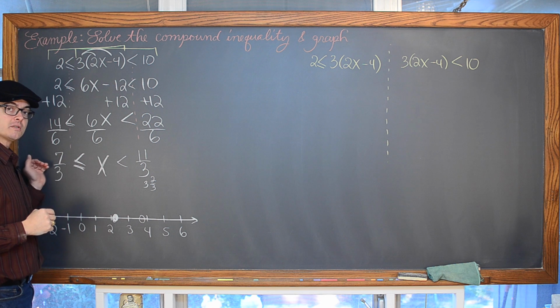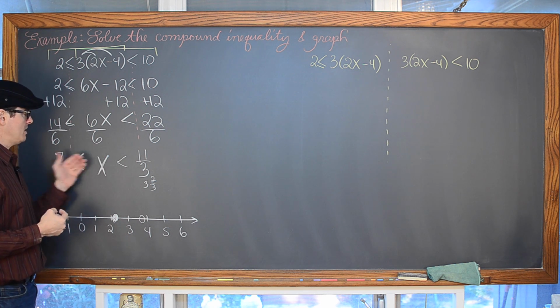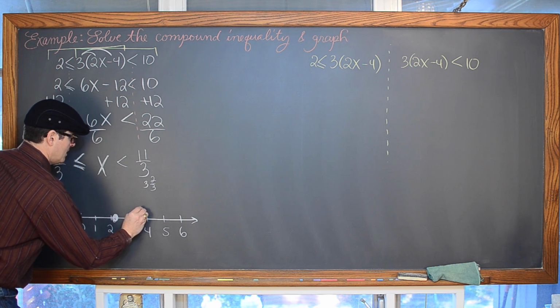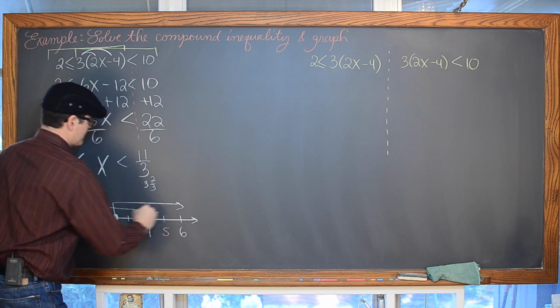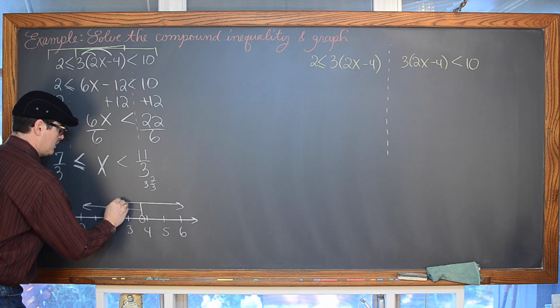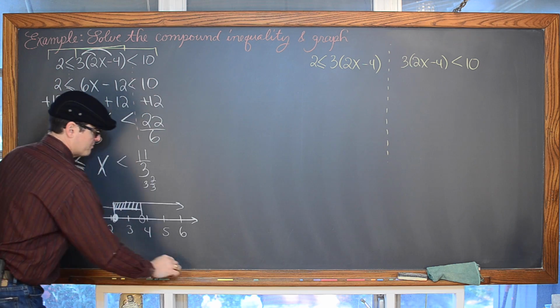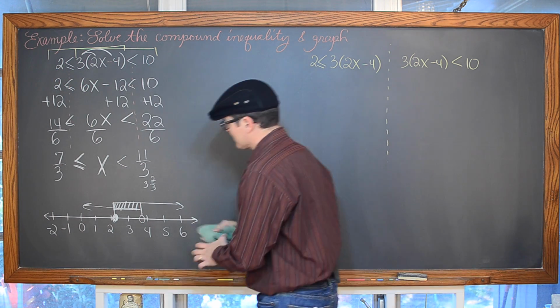And this is one sentence with one variable, so we're using the word and to combine these 2 unique inequalities. X is less than 11 over 3. So we have some shading over here to the left forever for the less than. We have some shading to the right forever for the greater than. But we are only looking for the idea of and. We're only looking for the part of this number line that is a solution to both of those inequalities. So that would be passable as an answer.